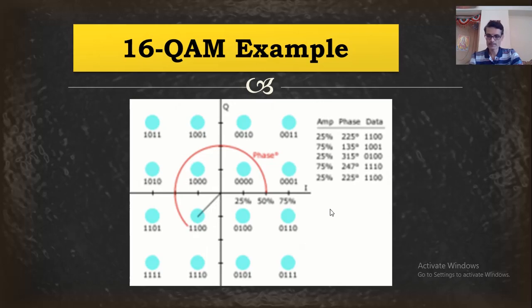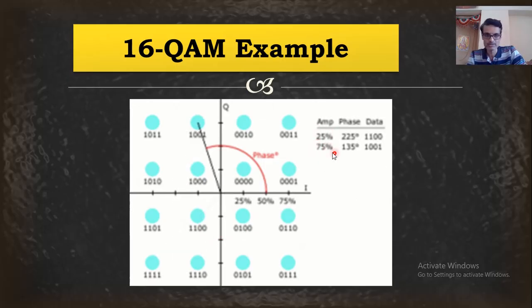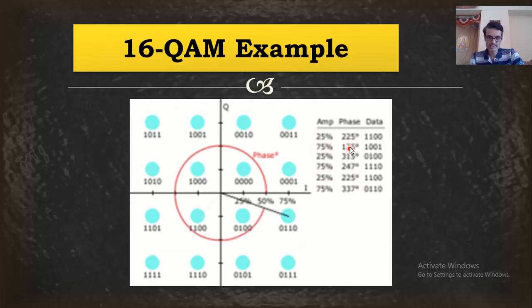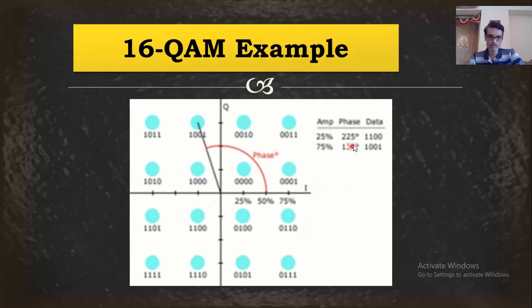Now just look at this. As this pointer is moving, that means we are going to different message points here. Randomly we are moving to different message points depending on your message data. Just look at this, the amplitude and the phase. This is the level at which we are going to transmit, with that particular amplitude. This is the phase. This represents the amplitude for different data.